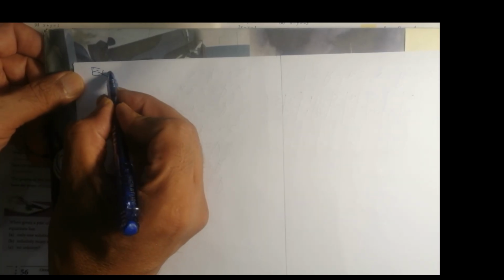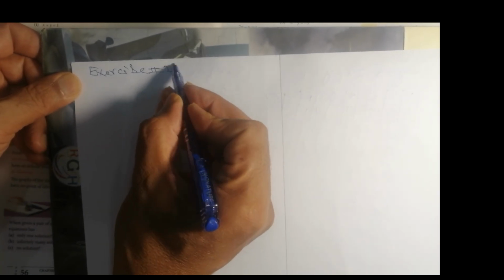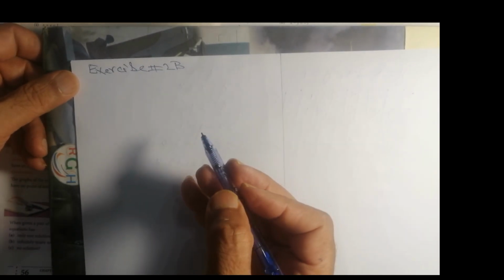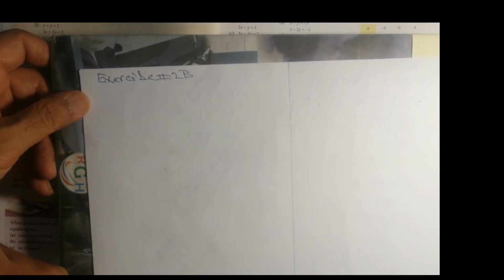So question number 1 of exercise 2B. Question 1 is, using the graphical method, solve each of the following pairs of simultaneous equations. Simultaneous equations. What are